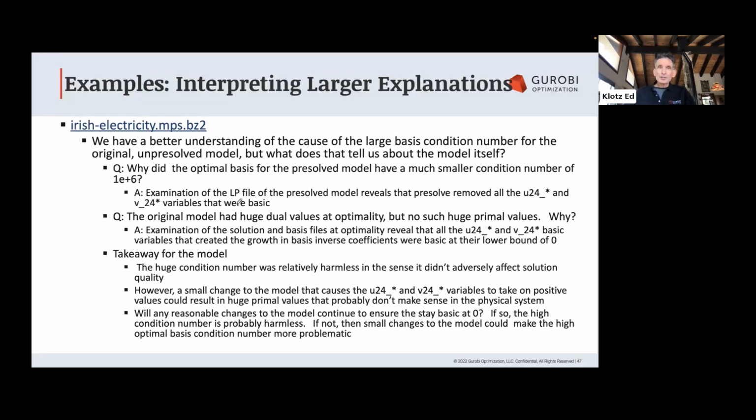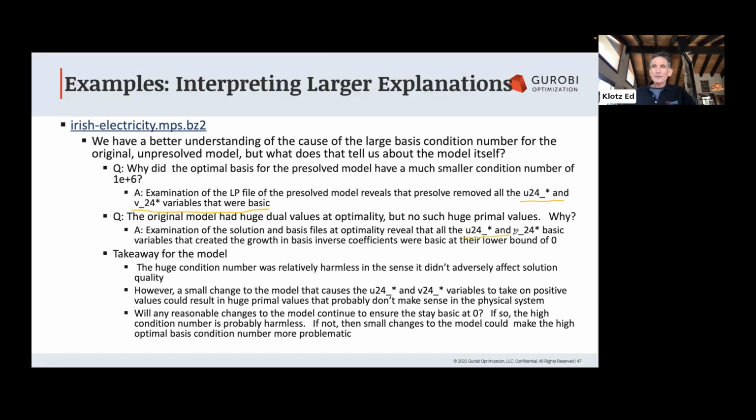Well, with some additional investigation, we discovered that by looking at the pre-solved model, which Gurobi allows us to get, presolve removed all of these variables that were basic in that cascade that was so problematic. Next question. The original models had huge dual values at optimality, but no such huge primal values. Well, why was that? And you can write out solution and basis files at optimality, and what you discover is